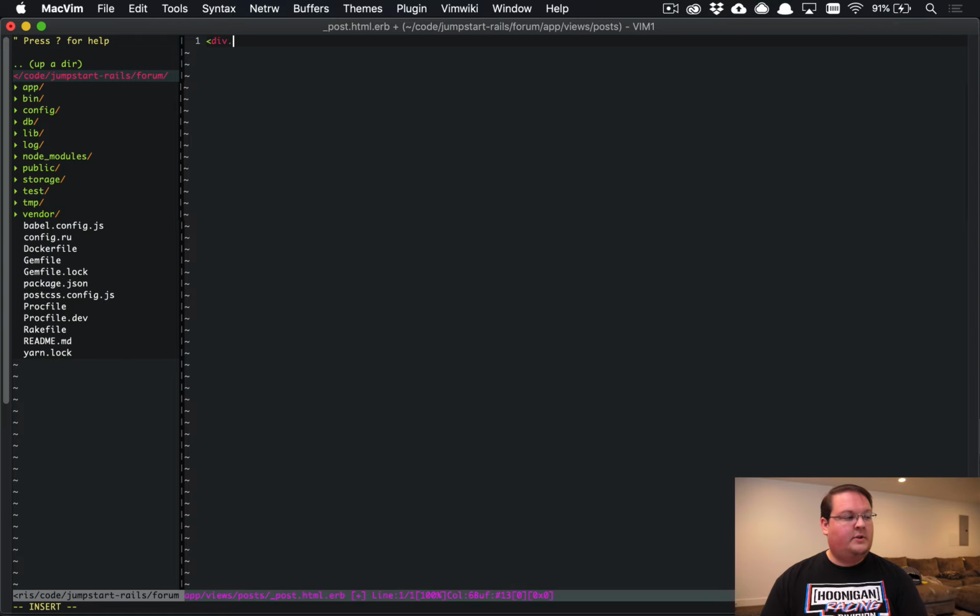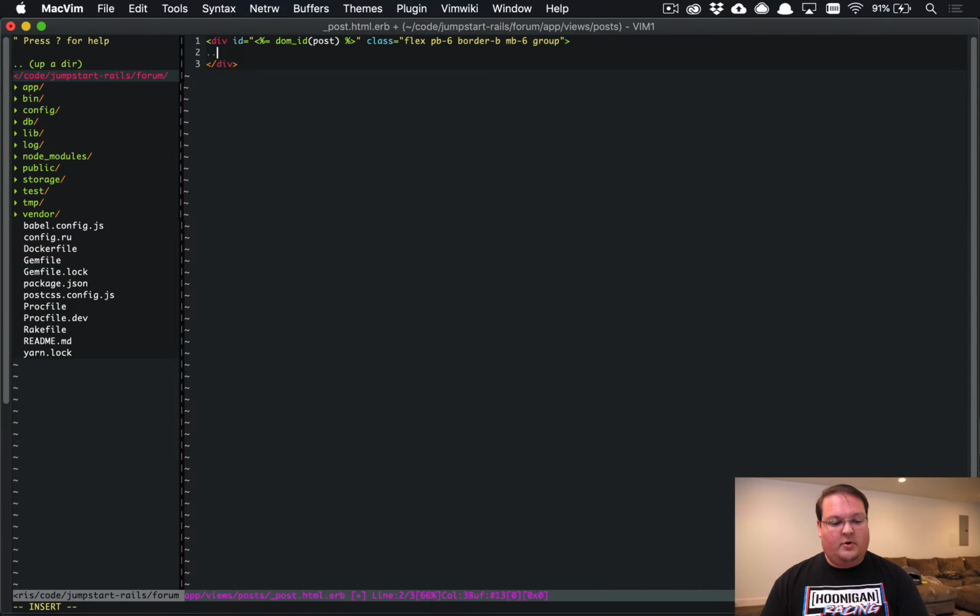Now I'm going to set this up where we use the DOM ID for the post as the ID of this, so we can link to each one of these posts. And let's set a couple classes on here: flex, pb-6, border-b, mb-6, and group. And we'll go ahead as well and set class mr-6, and we'll display the user avatar in here, which we can do with an image tag, and we have a helper method inside of Jumpstart Pro called avatar_url_for, and you can pass it in either a user or a team, and it will print out the avatar URL for you. So we'll say post.user, class rounded-full, and height will be 40, width will be 40,